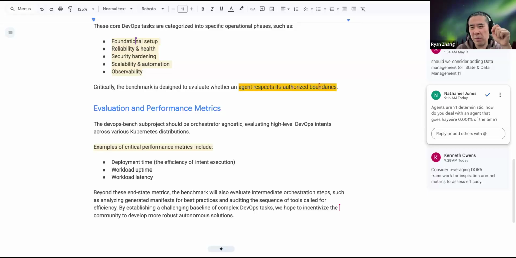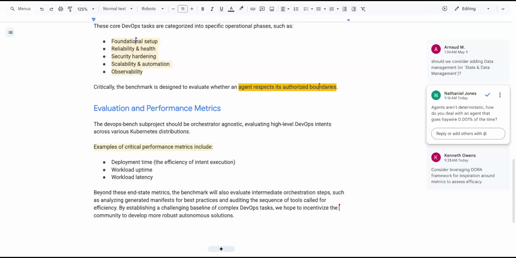Okay, just a follow-up one. You mentioned skills. So are we also going to recommend, like, standardize some skills? Yeah, we can have the skills as part of the Cube agent repo. Yes, exactly. I was going to say those skills and MCP will be part of the Cube agents repo itself. And the benchmark skills will be completely ignorant of what the agent uses. So that way we don't use the same evaluator for evaluating things. So we'll keep those two separate.